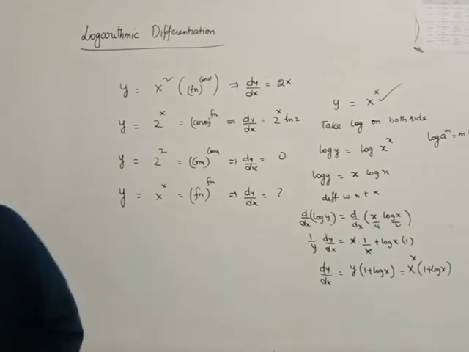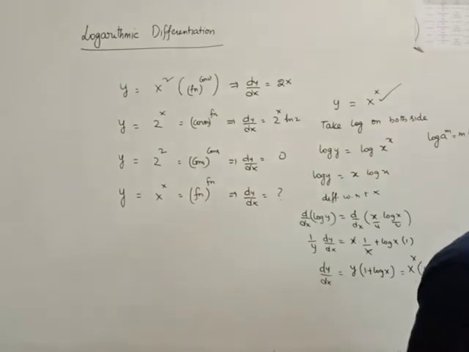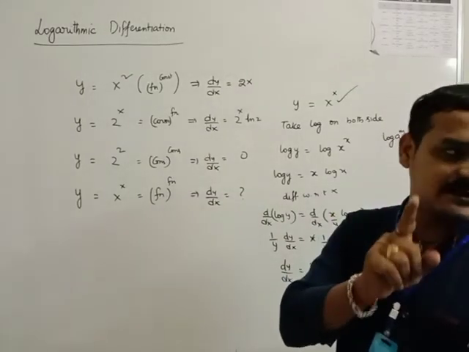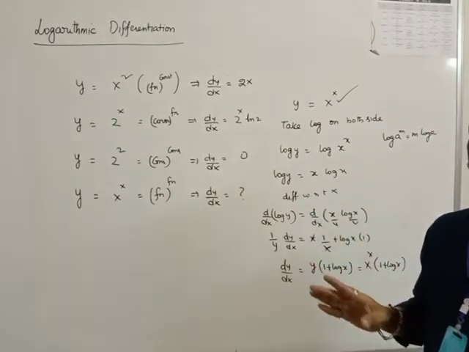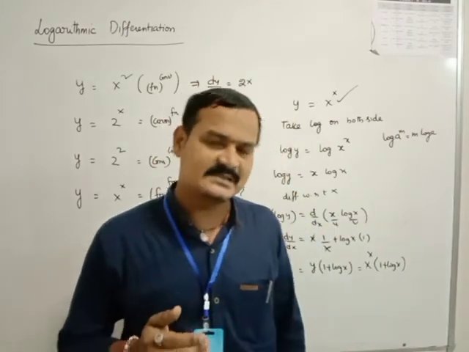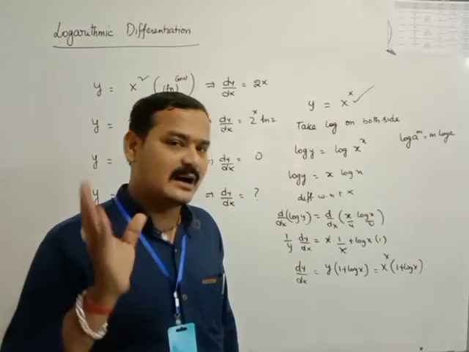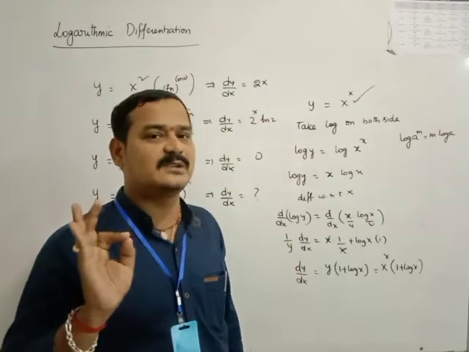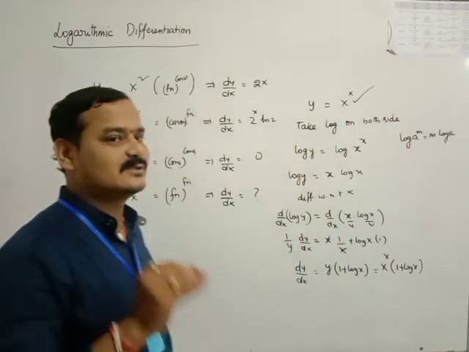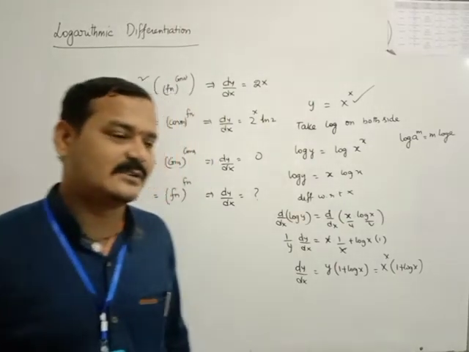In this way you can find the differentiation. You use logarithmic differentiation when the problem is related to a function to the power of a function. That is the first type. Not only for this purpose, you can apply the logarithm in two or three other methods also. One is infinite functions, and the second is a product of a finite number of functions. But the first concept is, if the problem looks like a function to the power of a function, in such cases you can use logarithmic differentiation.